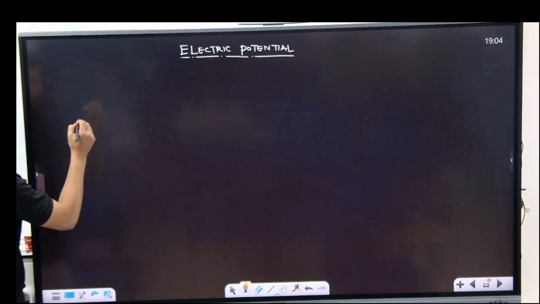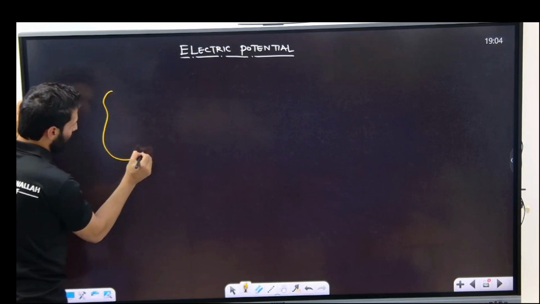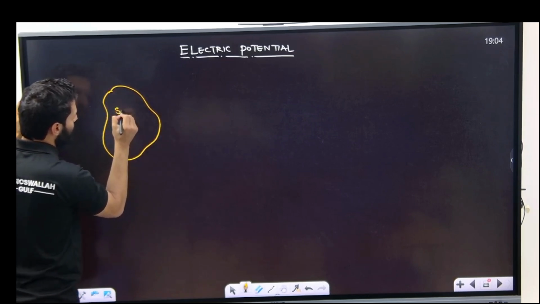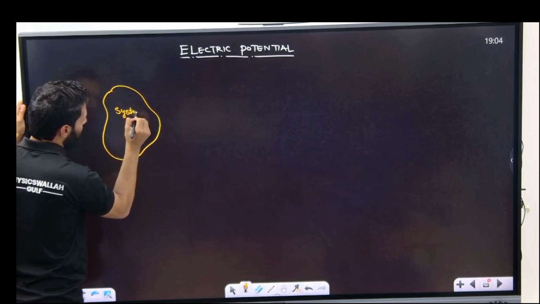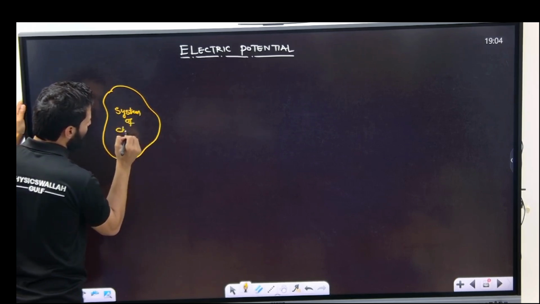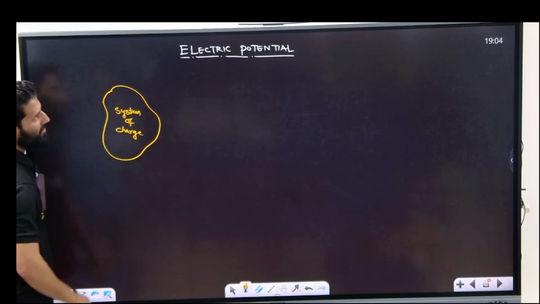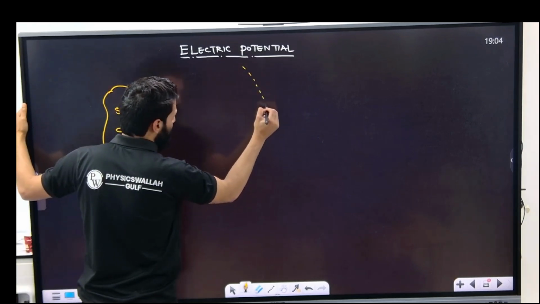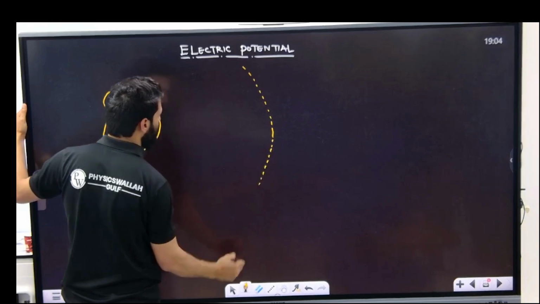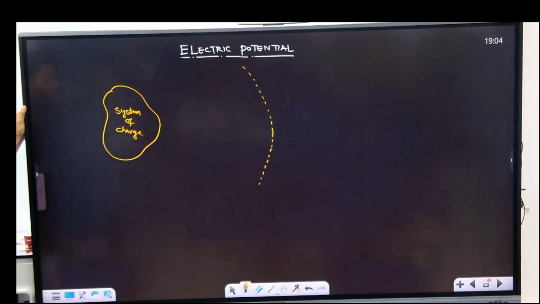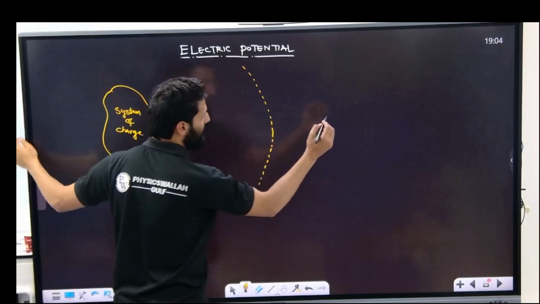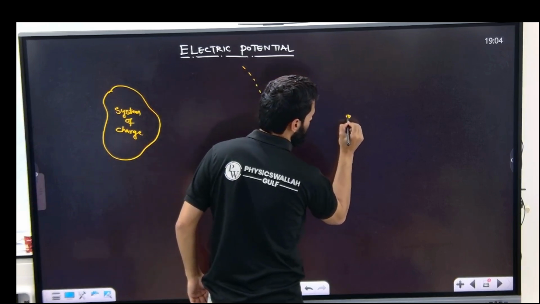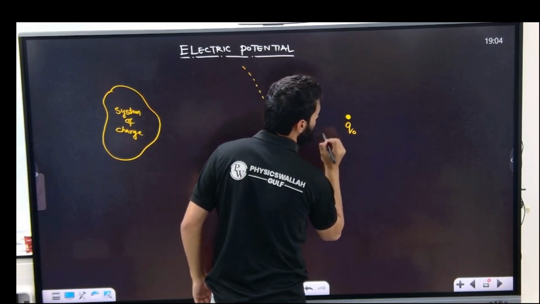Okay. Now, in order to define the electric potential mathematically, I will take a system of charges. There I took a system of mass, remember? Here I will take a system of charge. What does it mean? It contains some amount of charge. This body, anything. Okay. Clear? Now, this system of charge will have some field around it, right? Once it has some field around it, I will take a test mass. Sorry, test charge. Now I will not take test mass.